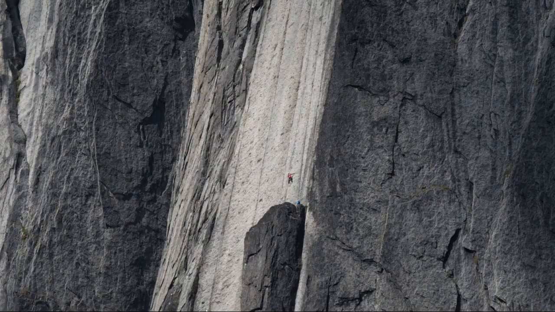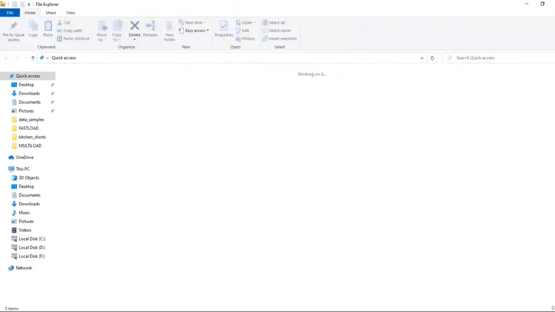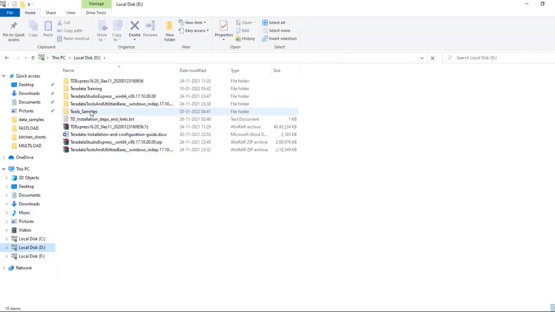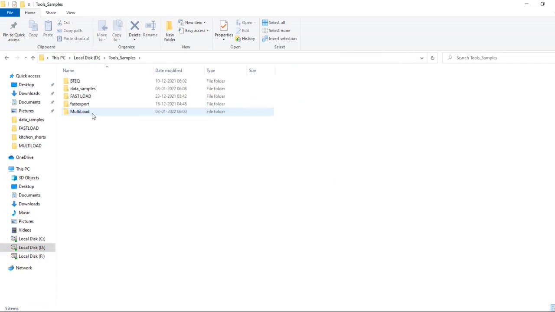Let me quickly open the path where I have stored all these sample scripts. Let it open, it is taking some time. Okay, it is there in the D drive under tools and samples, and I have MultiLoad here. So you can see all these scripts here.